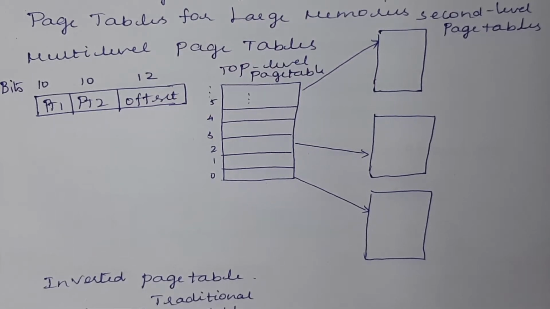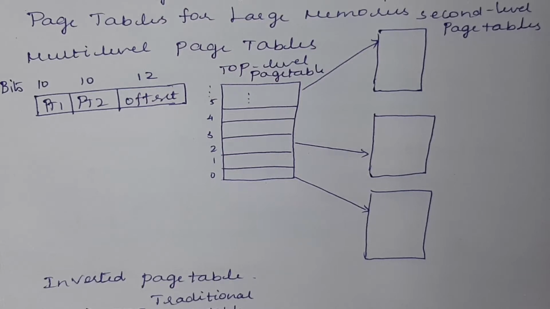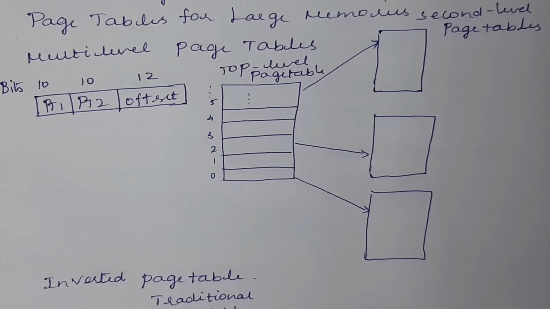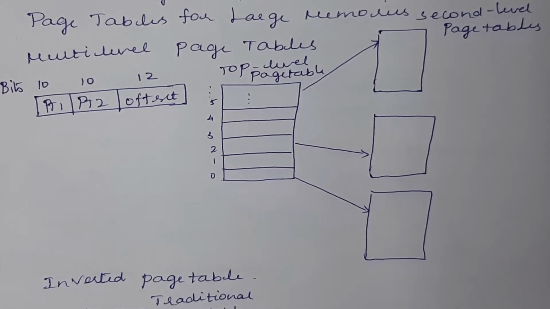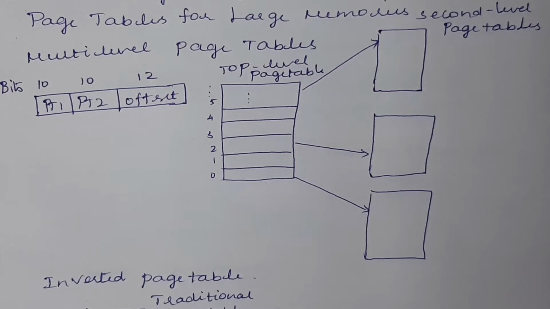Suppose you want to maintain a very large page table, as we have mentioned, with a very large virtual address, then you have to use a very large page table. In that case, with this kind of structure, it is very easy to accommodate more page table entries. Here we have multiple levels, which means level by level we maintain the page table. In the very first level we have one index of the page table which is present at the next level. So this is the multi-level page table.